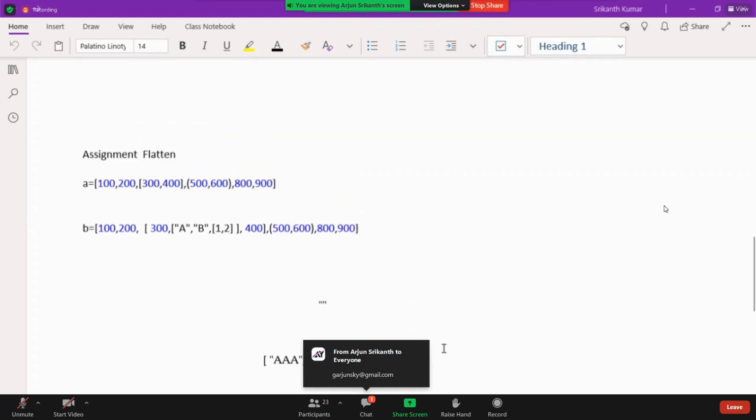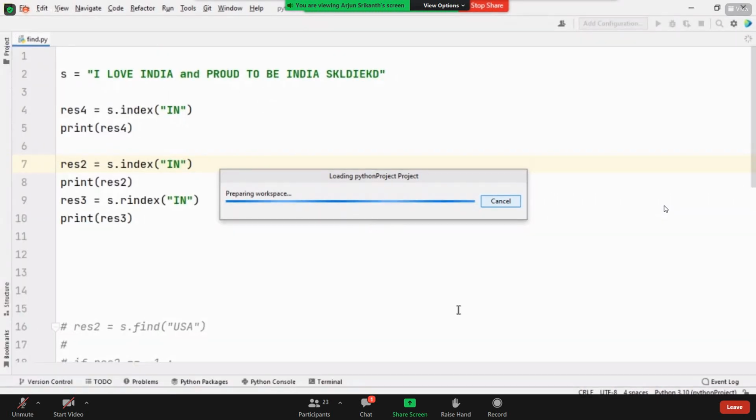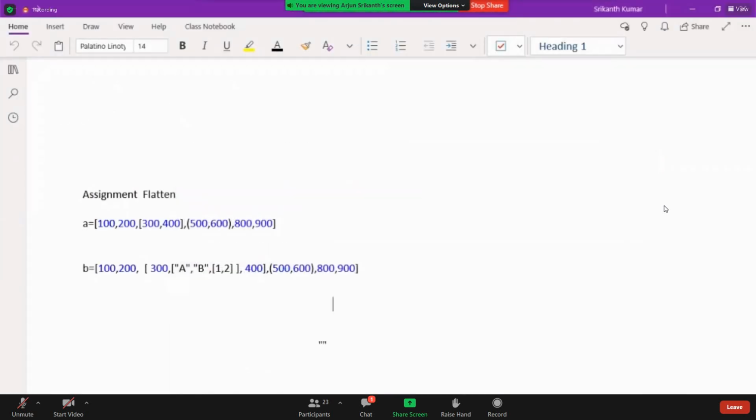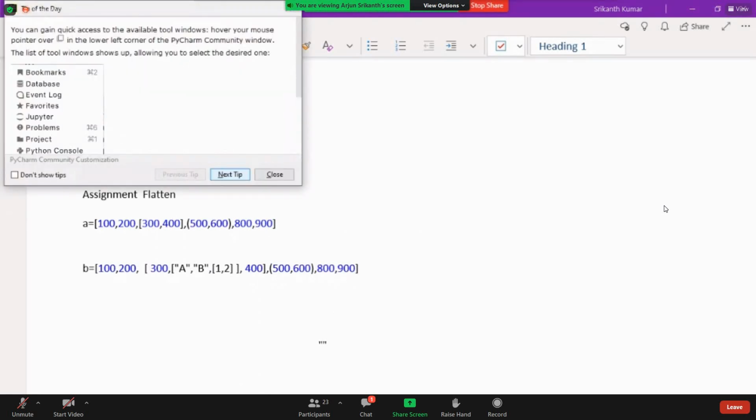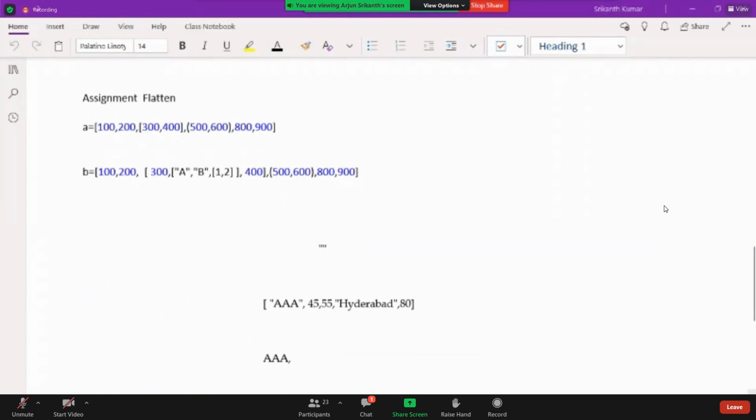So let's do that. The nested tuple. Okay, now let's write out the nested tuple.